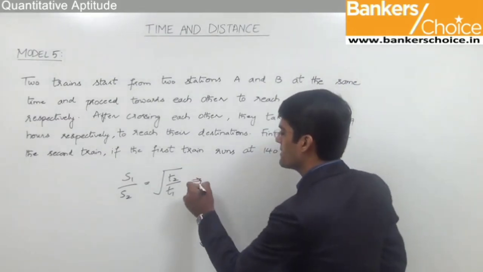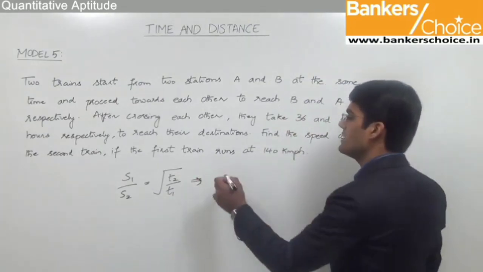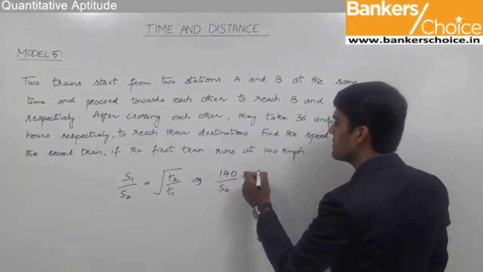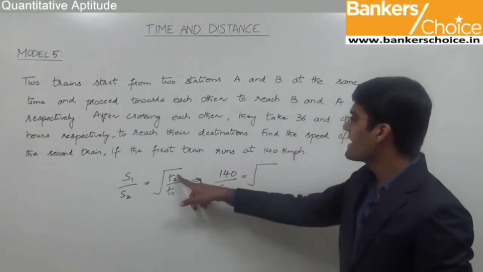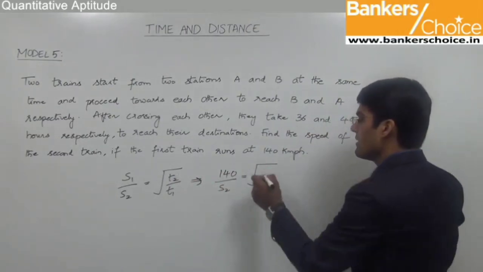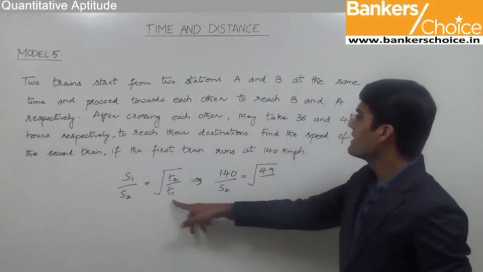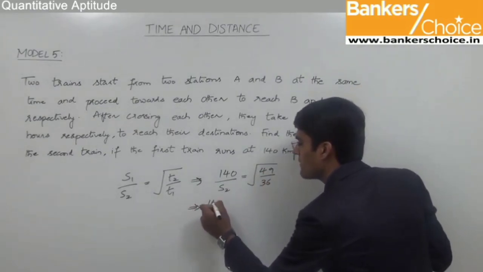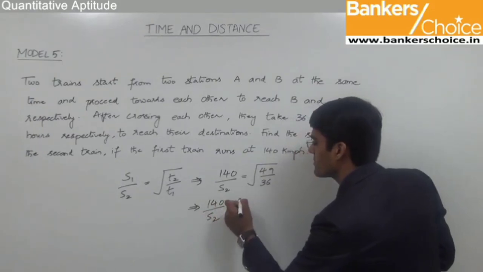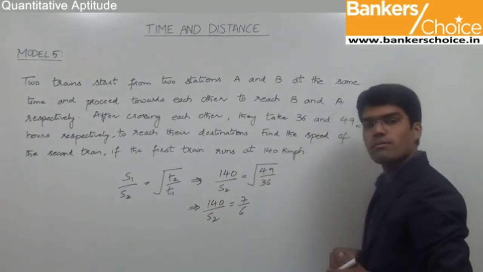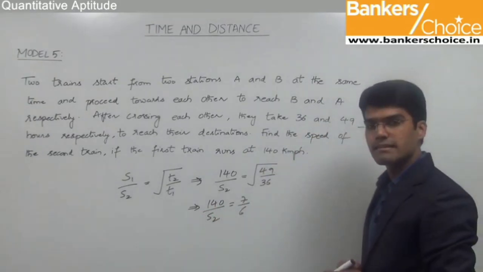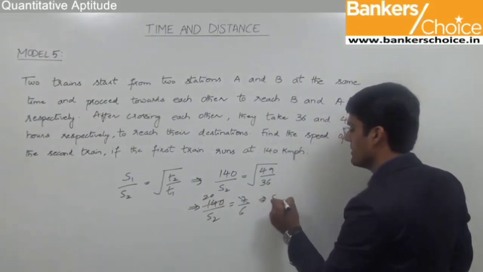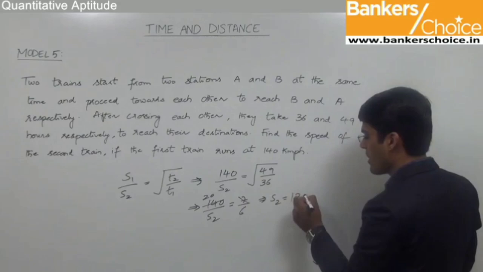So as given in the question, the speed of the first train is 140 kilometers per hour. So 140 by s2 should be calculated. This should be equal to root over the time taken by the second train, which is 49, and the time taken by the first train to reach its destination, which is 36 hours. So this can be taken as 140 by s2 equals 7 by 6, because root over 49 is 7 and root over 36 is 6. Now 7 here goes 20 times, so we can say that s2 will be equal to 20 into 6, 120,